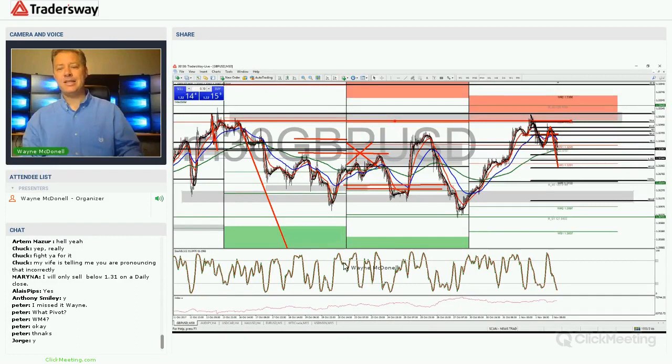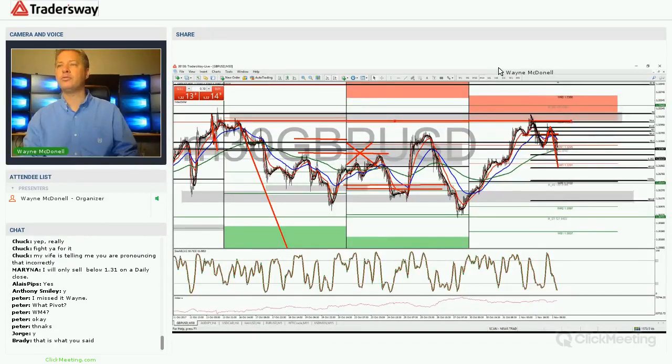But I said, the conservative target, this might ring the bell here. The conservative target for the short is the weekly central monthly M2 cluster. But if you're lucky, it goes all the way to the bottom of the range, which is more like 131. You guys remember that now? I think I drew it with the drawing tool, right? So I said, that's the conservative target for the short,